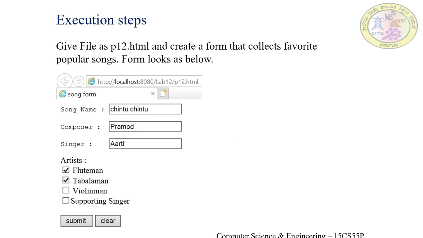So that creates a default HTML page in which you have to write code for creating the text boxes and check boxes for artists as shown in this form. I have text boxes for entering the song name, composer and singer. Then 4 check boxes for selecting the artist. Then when the user clicks on submit, it has to call a servlet which processes these popular songs details and saves them somewhere for further processing.